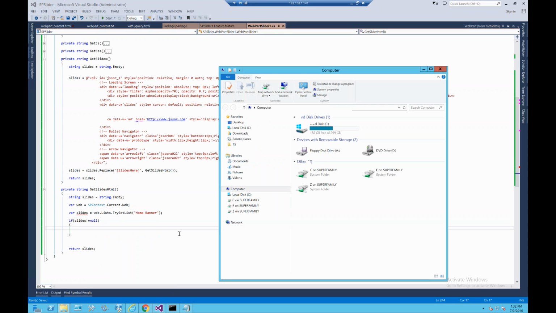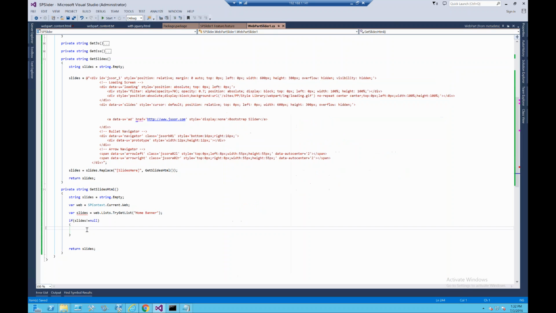If you remember last time I said for querying purposes we need to use CAML, and even I said that I won't keep in my mind how to write CAML. I will just use a different tool. I will show you what tool I use. I think I already said last time. Slides dot